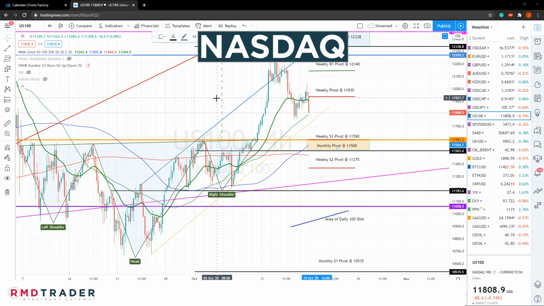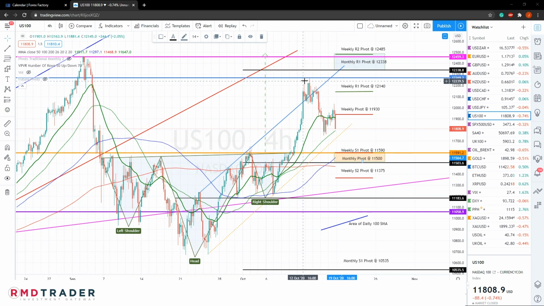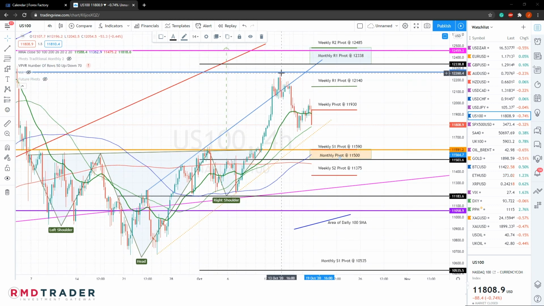Looking now at the US 100, or Nasdaq 100, last week saw a proper rally kicking off from this inverted head and shoulders neckline, heading to about 75% of our full inverted head and shoulders target, which sits at about 12,485. It did, however, find some additional resistance from this 12,270 level,